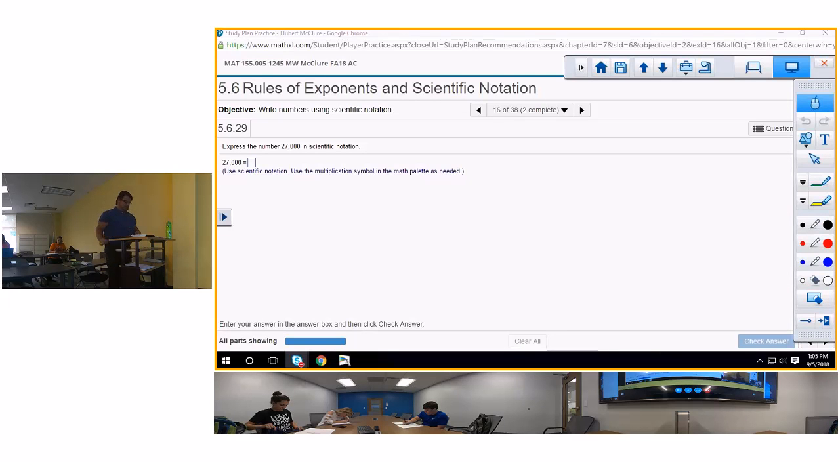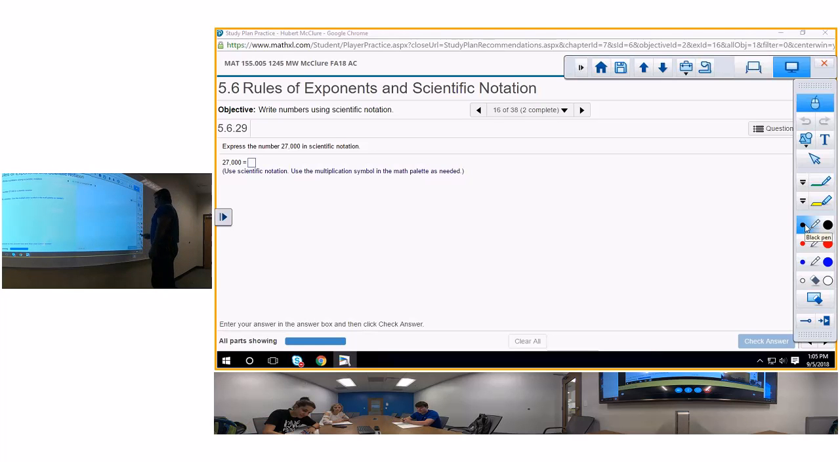at 5.6. And I'm going to give you a definition of scientific notation. It's going to be a Hubertism. In other words, it's not going to be in the book like this. Scientific notation